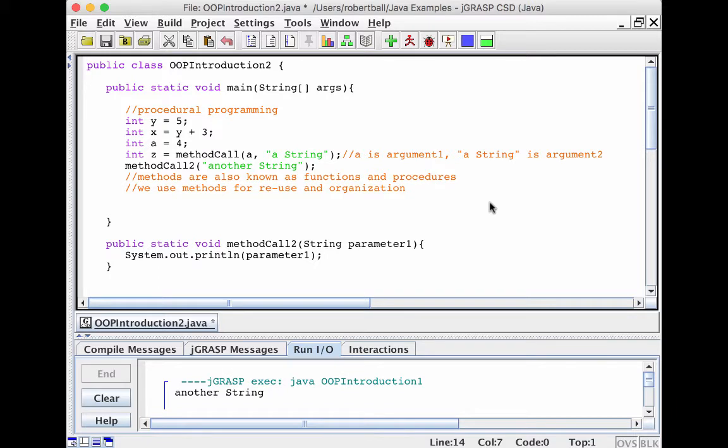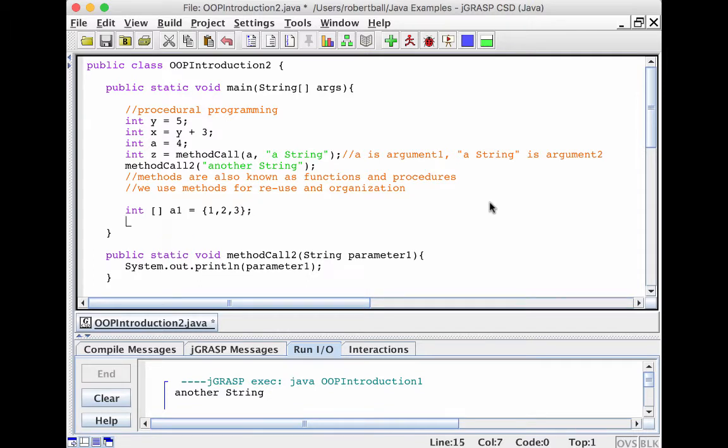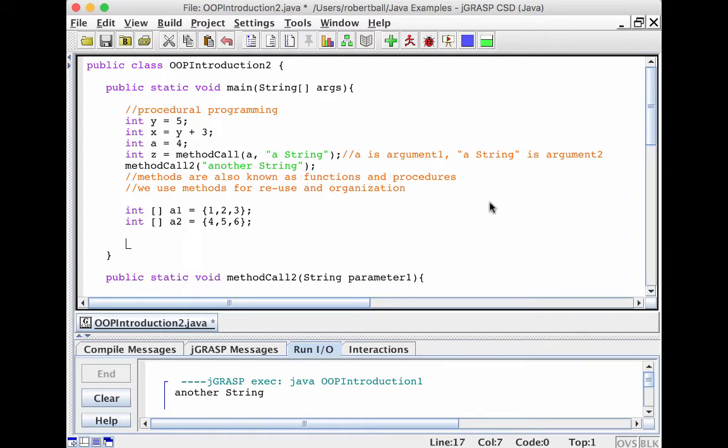Here's how you might add two arrays together with procedural programming. So here we might create an array, we already have A, so I'll call it A1 equals 1, 2, 3, and then int A2 equals 4, 5, 6. There we go. And then with procedural programming, we just have the data, and we might pass in,